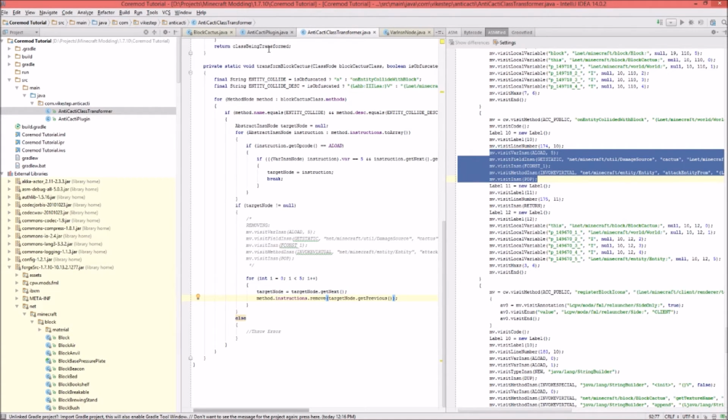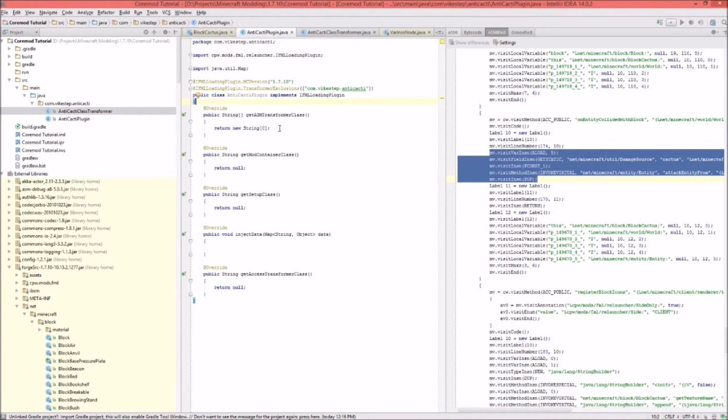Oh yes, we also need to add it into the plugin itself so we can actually test it out. So to add it into the plugin, we're going to add it into the here. com.vac.anti-cacti